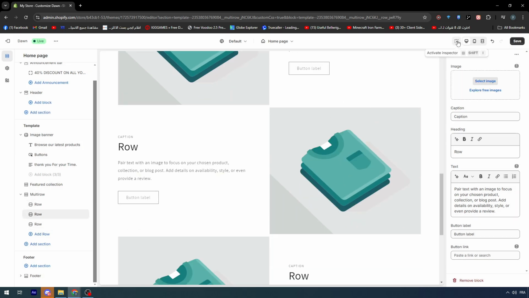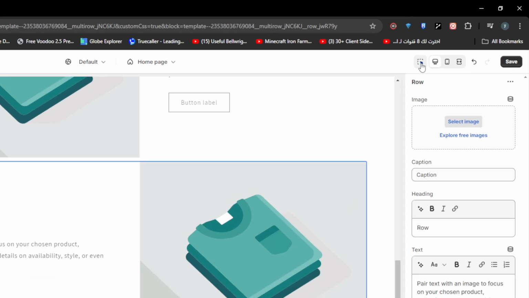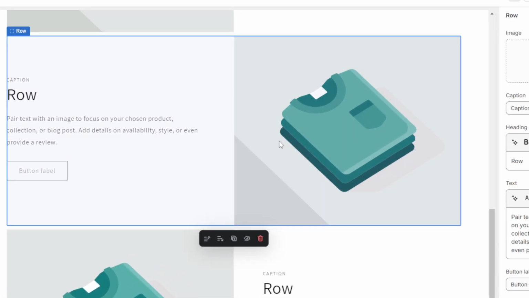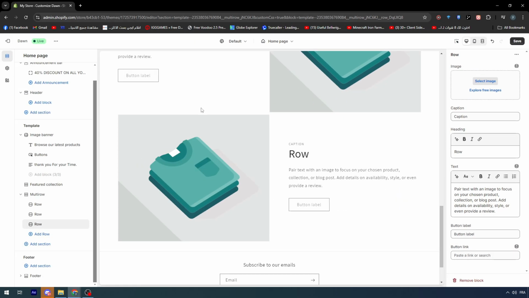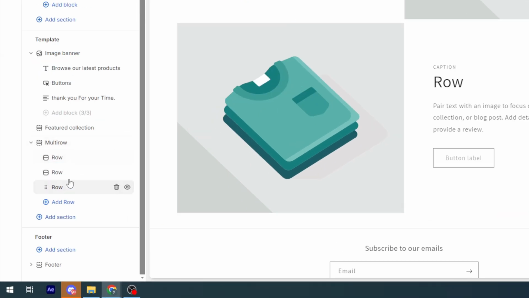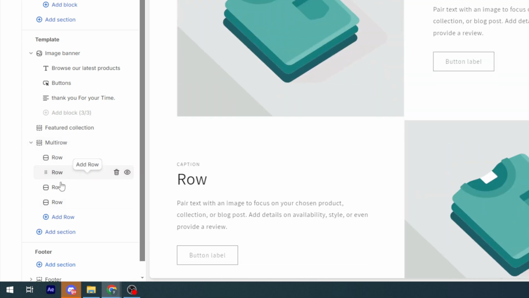You can select them if you have the inspect mode. So in case you have the inspect mode, you can keep switching between them. But in case you had the inspect mode turned off and couldn't turn it back on, you can go right here to multi-row and select one of these rows and basically keep editing the rows until